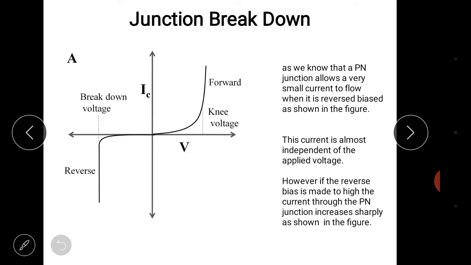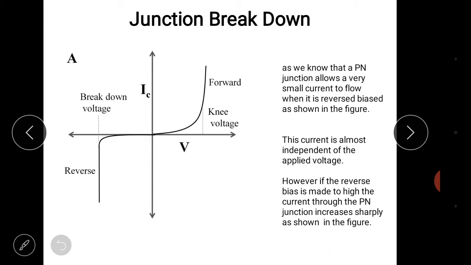In this graph, we see that we have studied in the first quadrant that the forward biasing condition we have already covered. But today we have to look at the third quadrant, in which we see that current is almost zero until breakdown voltage. And after breakdown voltage, we see current increases sharply. An important point to be noted here is that after reaching the breakdown, Zener diode works as a constant voltage source. That is, voltage becomes constant but current can be increased or decreased.